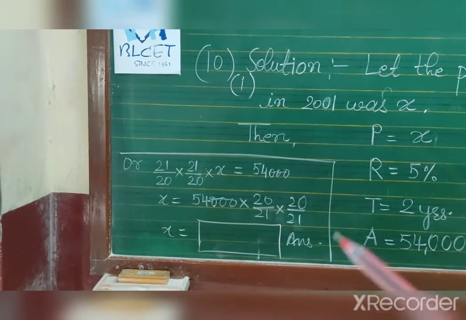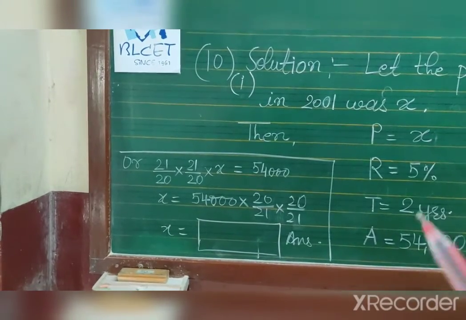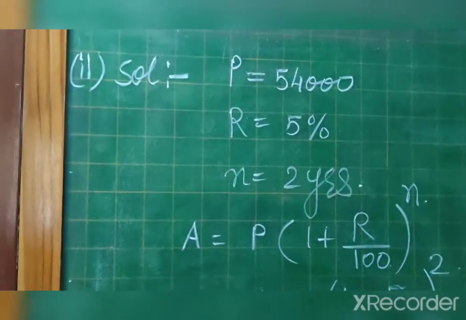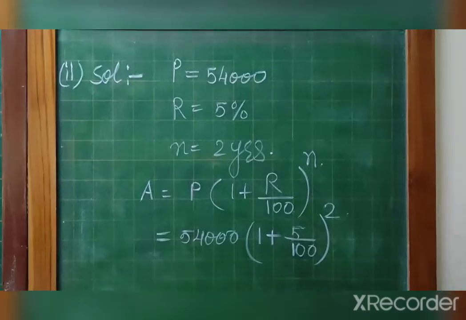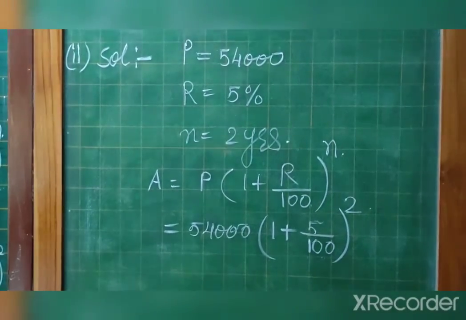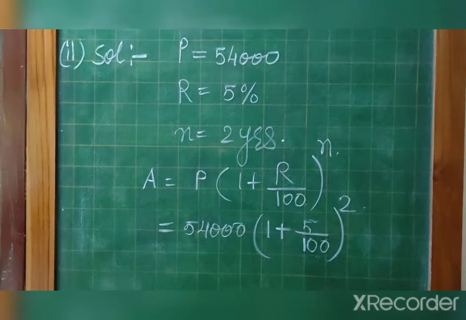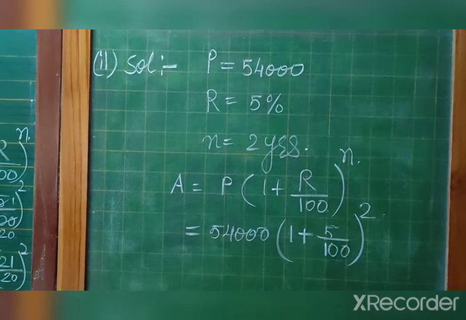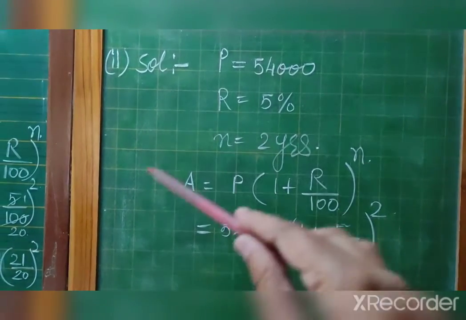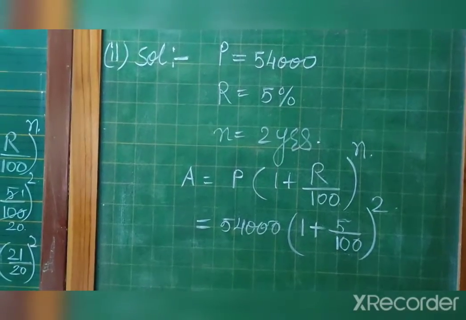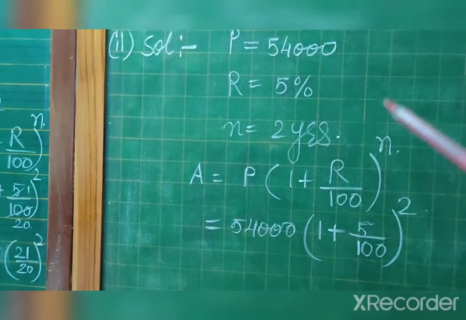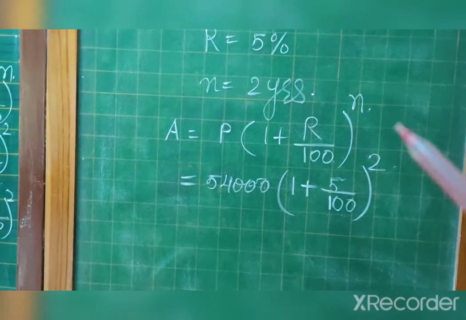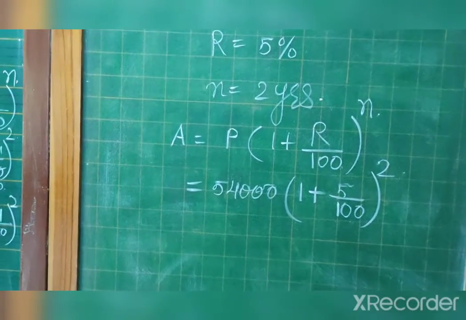So you can count as a 1, and approximately word you will use. Now in the second situation, you can see here we have to calculate the population of 2005. The 2003 population is given. So in this condition we will assume P, 54,000 we will consider as a P, and here in the first condition amount. Okay, so rate is equal to 5%, n equal to 2 years. So formula you will apply, and then you will simplify. It will be easy for you. You can calculate easily. Okay.